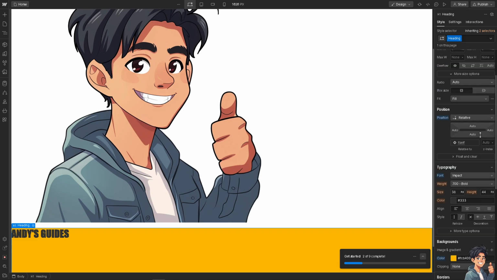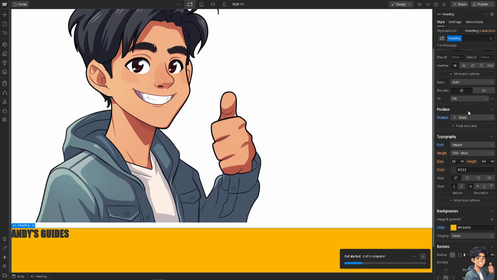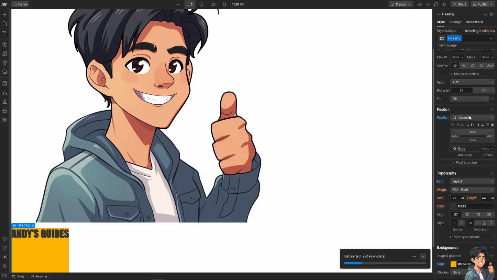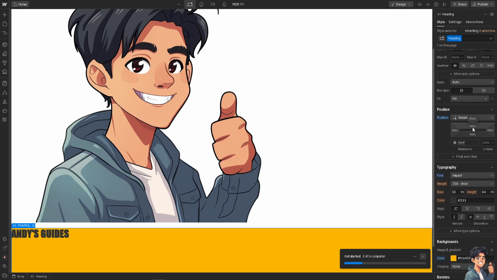After that, the next thing that you need to do is go to the position. Now make sure you select the relative. For example, if it's on static or it's in absolute, I want you to go to relative because you would have more options here. There's going to be an auto at the left side and auto at the right side. You see, when you click on the auto here,